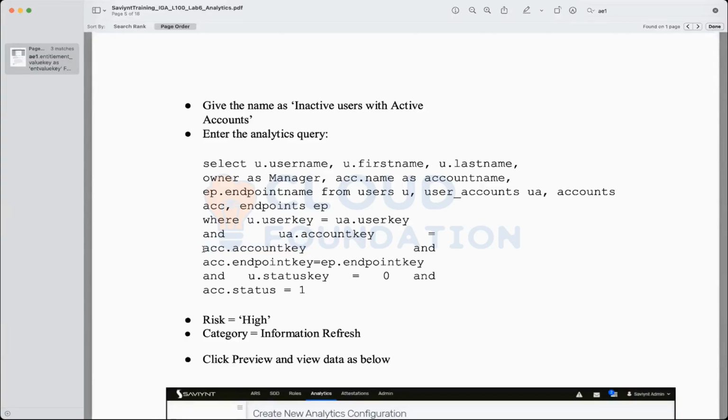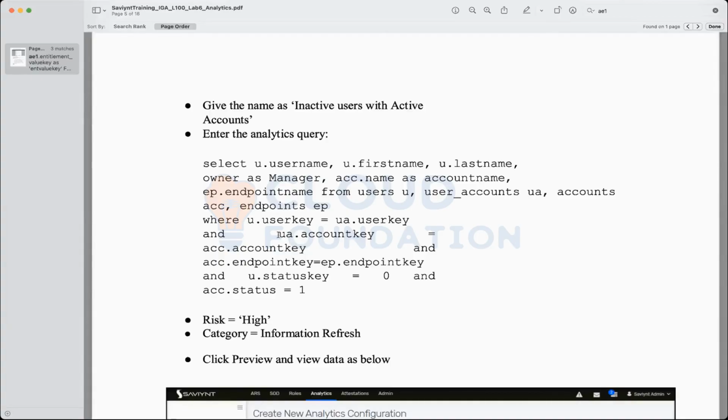Why do I use account and user account? What is the difference? As I told you, in user accounts, you will have the correlation between the user and the accounts. Because if you have 4 accounts and there is only one Deepa, and Deepa has 4 accounts, she will have only one user key. She will have only one primary key within the users table, and that has to be correlated with all her accounts.